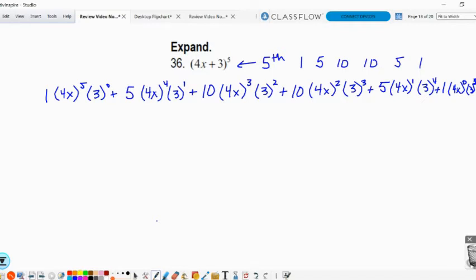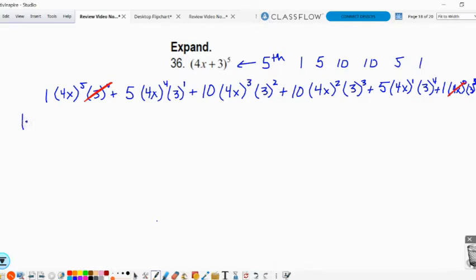Couple of things I'm going to cross off before I start expanding. Anything to the power of 0 is just 1. So I can cross this term and this term off because they're both raised to the power of 0. And before I get my final answer, to make sure we do everything correctly, I'm going to leave my coefficients